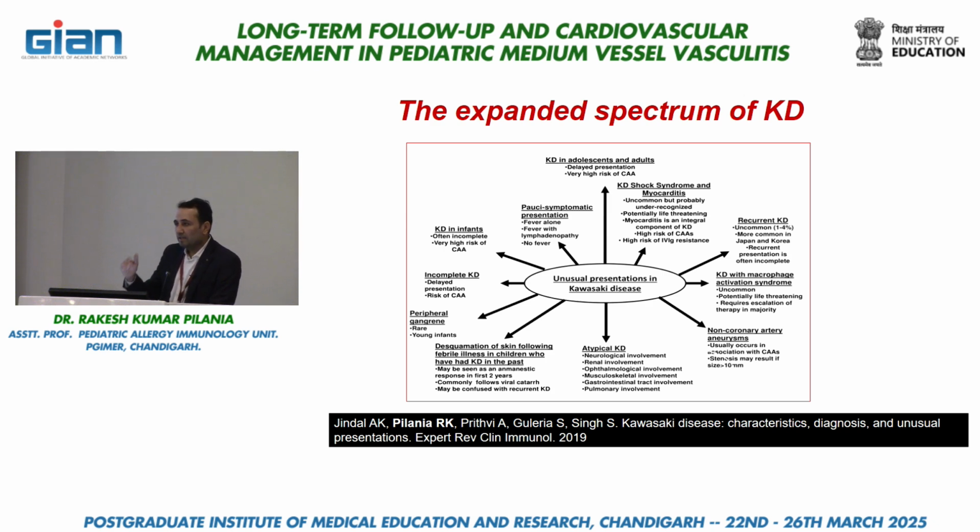Whenever there are manifestations which are not described in the principal clinical features, like neurological features, renal manifestations, or abdominal manifestations, then these are atypical Kawasaki disease. And a few children, 1 to 2%, can have a very severe disease like development of macrophage activation syndrome. So we have to identify these patients in the spectrum of Kawasaki disease, because this is precision medicine in Kawasaki disease: we have to identify the different subgroups, and we have to treat them differently.